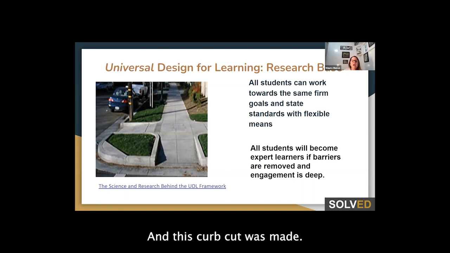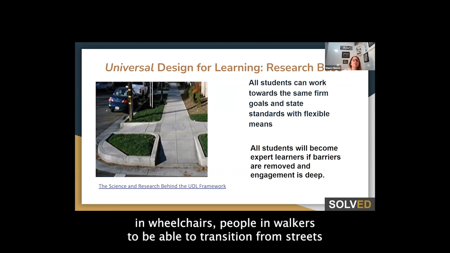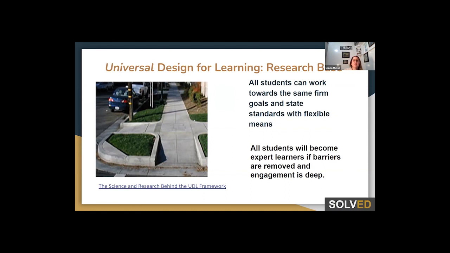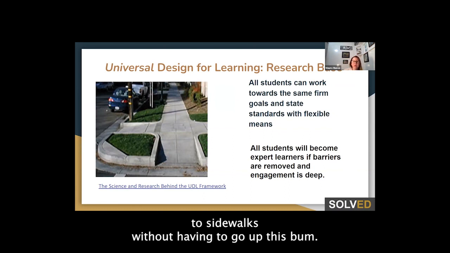And this curb cut was made, this slope, for people in wheelchairs, people in walkers, to be able to transition from streets to sidewalks without having to go up